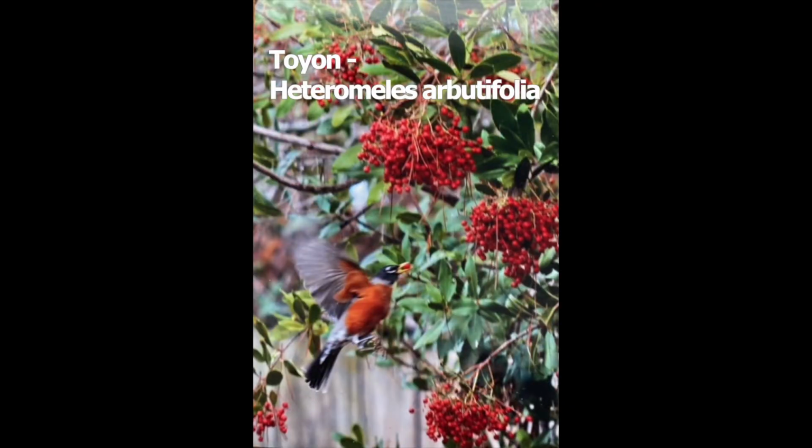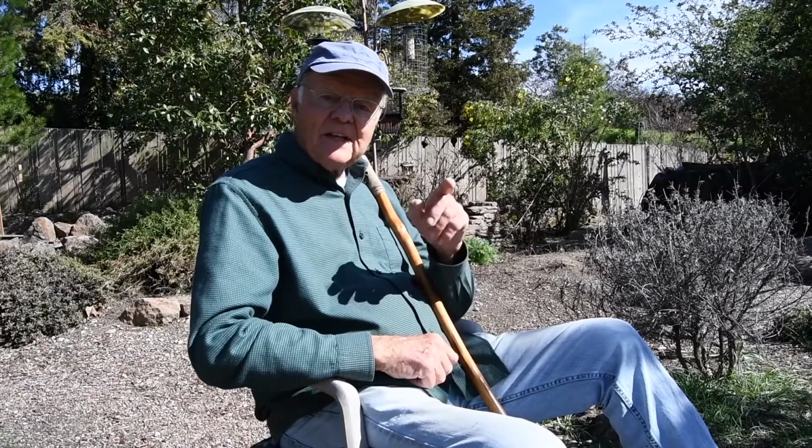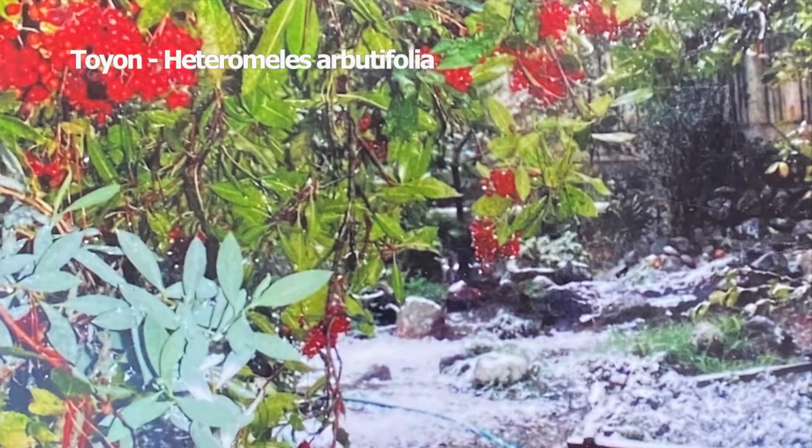On the toyons, we have the robins that come in, and a bird that comes in, and I only see it that time of year that accompanies the robins, are cedar waxwings. They come in with little black masks, beautiful little birds, and together they'll feed on the berries, kind of a frenzy, and then they leave. But even after they leave, there's usually a few berries left, and we have a few hermit thrush that'll hang out in the yard and just pick those berries off one by one until they're all gone. One year we had snow on the ground with those red berries,